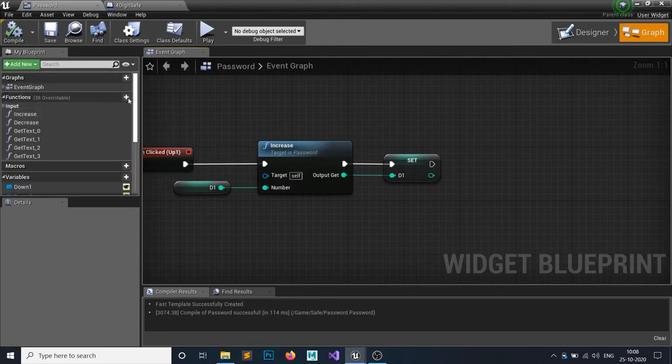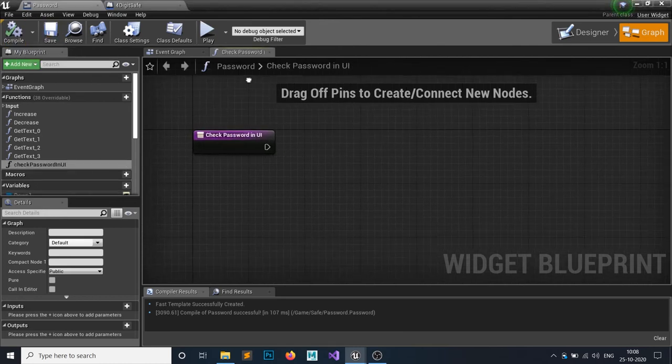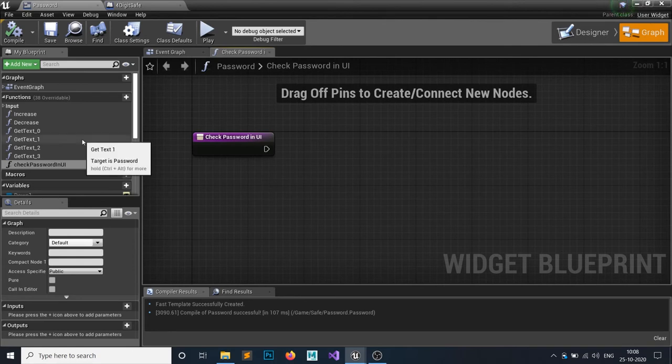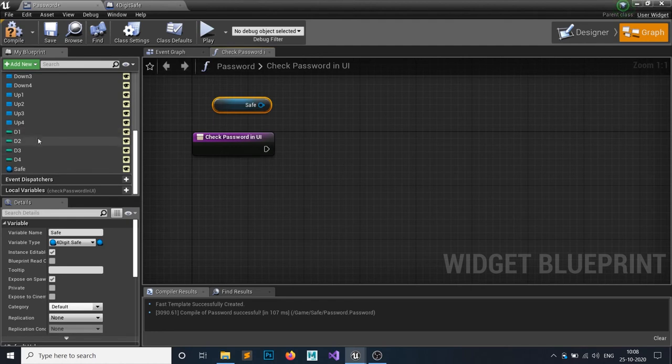We need another function, check password in UI. What we want to do is first set all the digits of our chest to our UI.